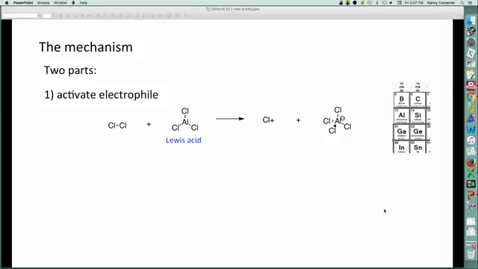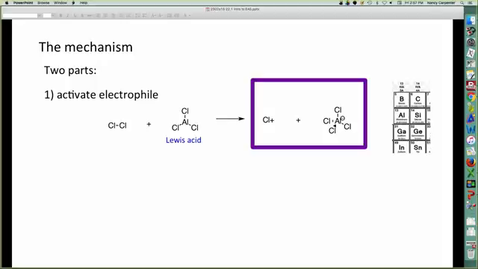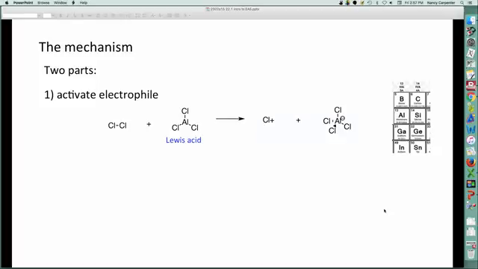To make that. So coordination of my chlorine with my Lewis acid gives me this complex, the aluminate anion and the Cl plus, an extremely strong chlorine electrophile. So I can activate chlorine, I can activate